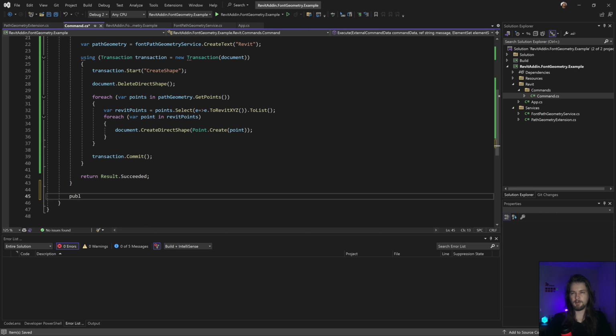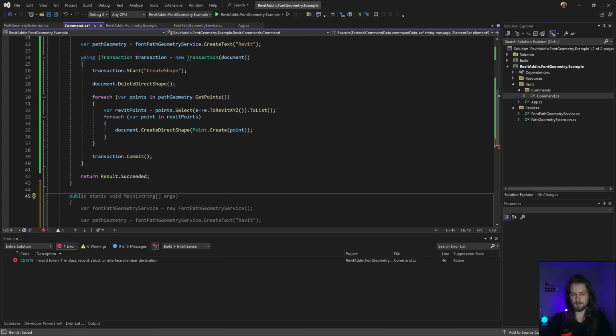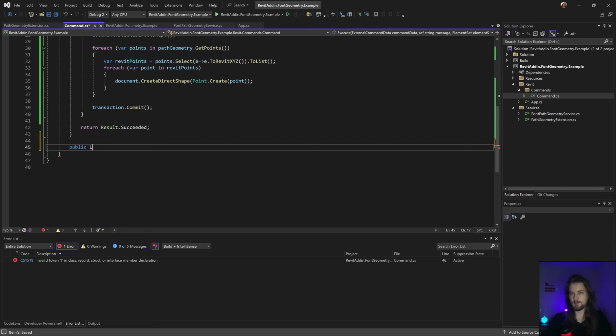Could be public or a list of curves actually. And you're gonna create a list curve. This one, yep. True curves. Yeah, could be something like that.